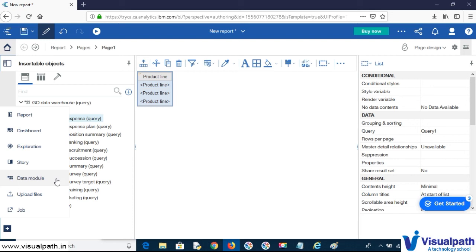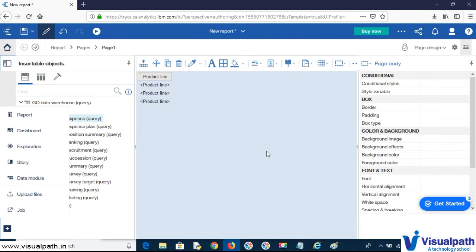And as I told you, we have a Framework Manager model to create the models. In a similar manner, sometimes the business user may also need to create basic models according to their business requirement, so that they can analyze the data much faster, without that much dependency on the report developers. So for that, this data model came into the picture, where the business user can directly create a model according to their requirement, and use those models to analyze and understand the data and make proper business decisions. So that is all for now for this session.